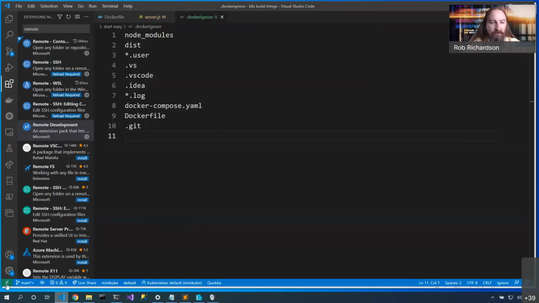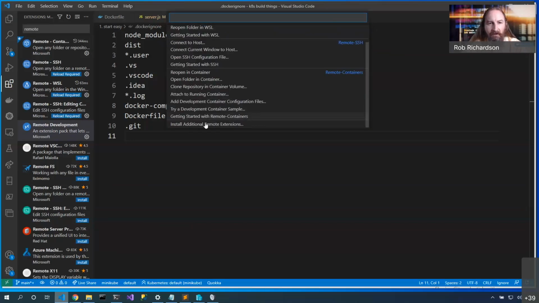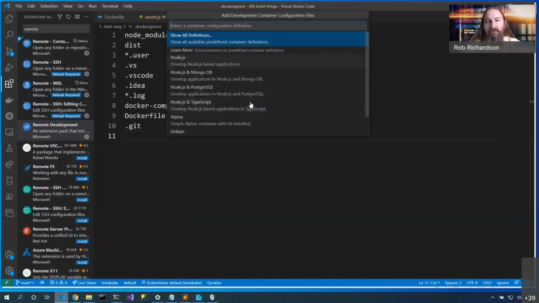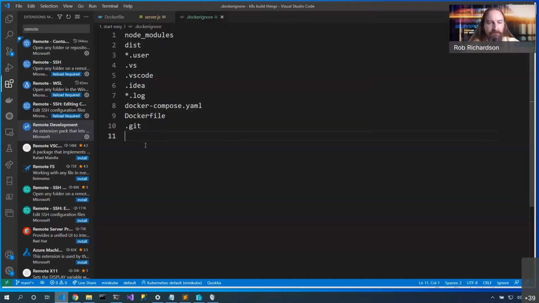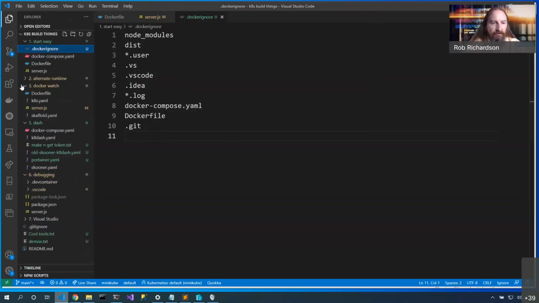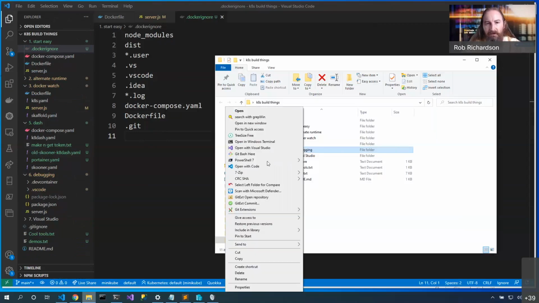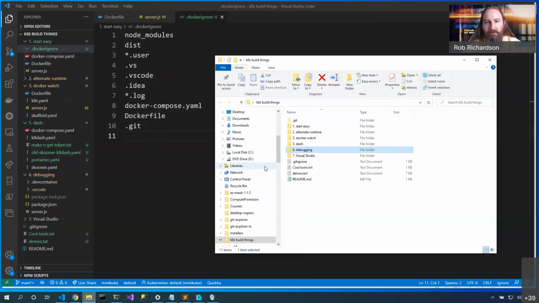When we get ready to install this in our local content, let's pop this open again, and we can say add development container configuration files. This allows us to automatically scaffold content in our language of choice to be able to put the content necessary for starting up our system. Now, I've already got this content installed. Let's open it up inside of our second VS Code, and we'll be able to start debugging this content.